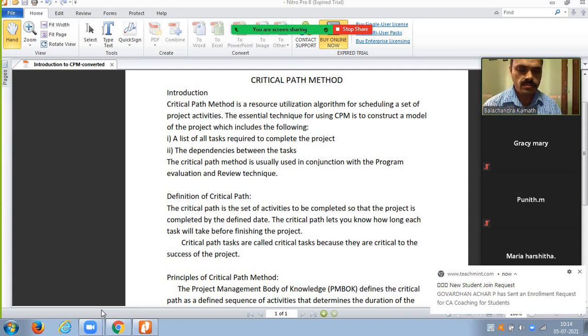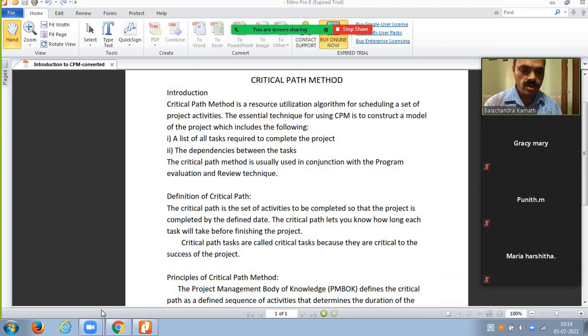A project is like maybe some interrelated activities like activity 1, activity 2, activity 3, activity 4 to complete a particular deliverable. That means the project will have a deliverable. At the end of that project you will have one output. So to reach that output you have a set of related tasks. That is a project.